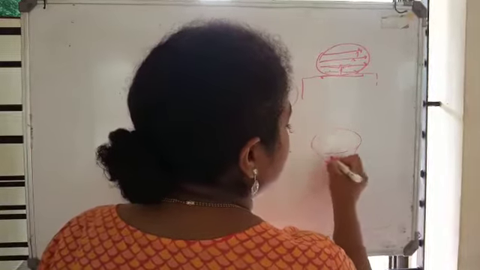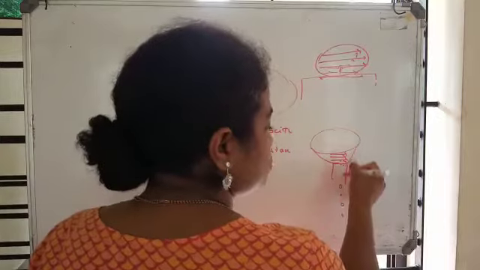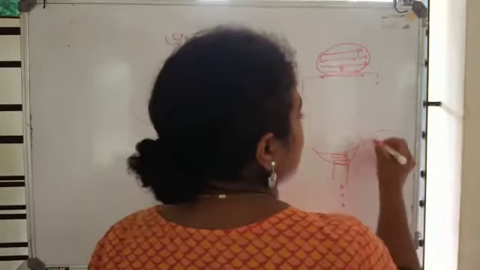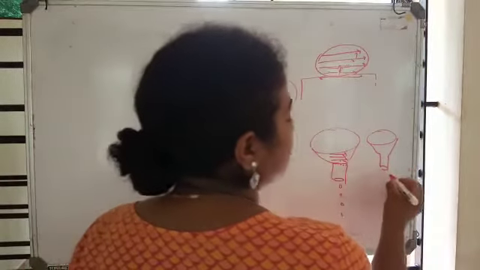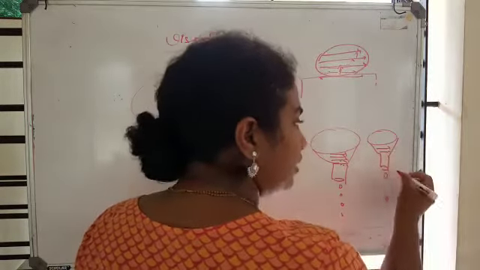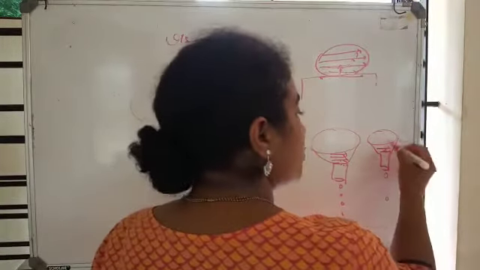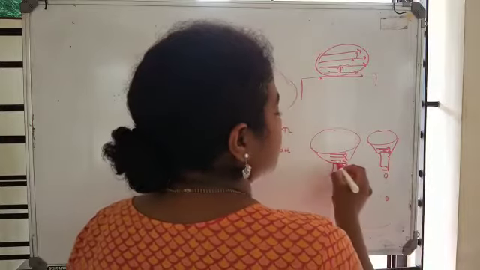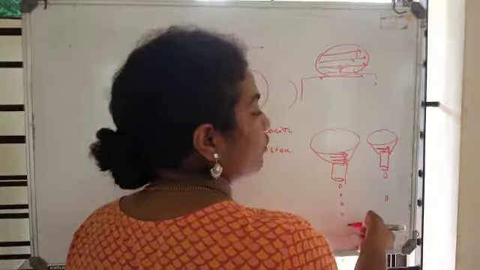Means the force applied from one layer to another layer is less, because of which it can flow easily. There is not much force or tension existing between them when compared to castor oil. If I keep castor oil in a funnel and allow it to flow, it will flow very slowly, because they oppose the motion. The layers don't allow easy flow. There is a greater amount of force between the layers, because of which the layers cannot flow easily. Here the force between the layers is very less, because of which the fluid can flow easily.